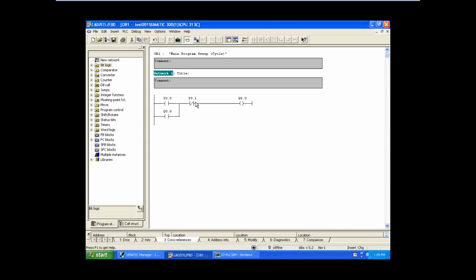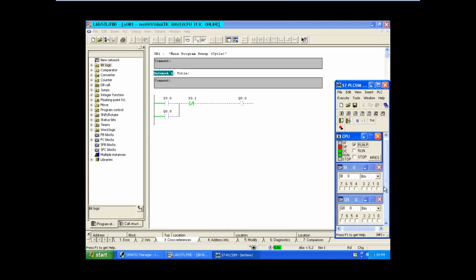So for unlatching there is no need for parallel contact. Right? Because anyhow it is going to turn off. So no need for parallel contact. See here, I am going to turn on and turn off. Still output is in on condition. When you want to turn off the output, press I 0.0, it will off. Okay. Even if you release that, it's still in a off condition because this line got broke. No. So power is not having any route to flow, any route to reach the output. So it is off. So this is latching and unlatching concept, which is very, very important in ladder logic.